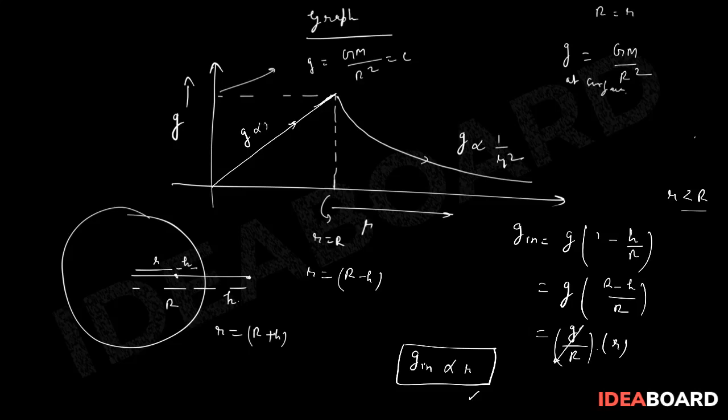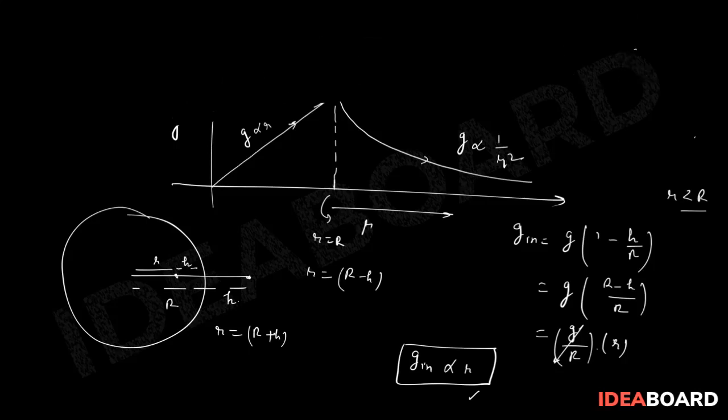Great. So g is proportional to r. This graph is highly important. This was already asked earlier. Pretty important graph. So I believe you understood the variation part with respect to heights. Now there is another part which can also affect the gravity, which is latitude. So let's see with latitudes.